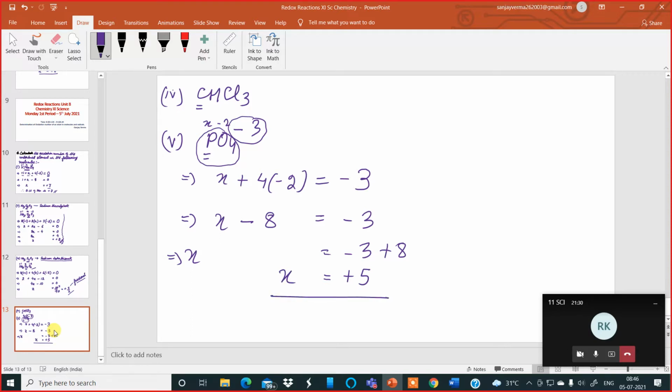Did you get it, boys? I'm asking. No, minus 3 would be given. It is given over here. See, is it given over here? This minus 3 is given. No, just check. Isn't it? Can you see? Yes, minus 3 is given. Yes. That plus 5, minus, whatever you get, that symbol you have to put at the end. That is very important.